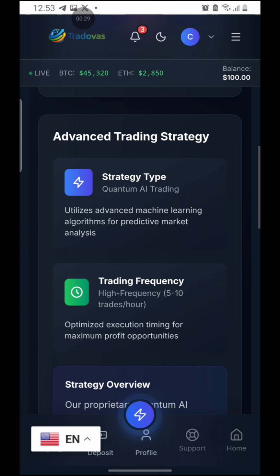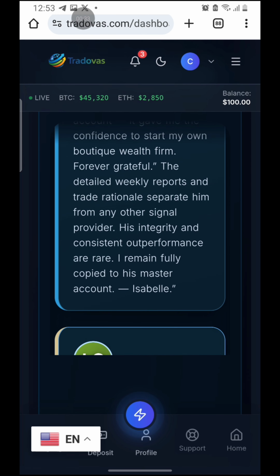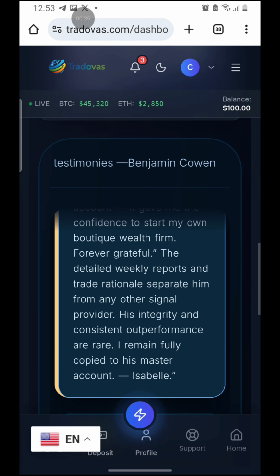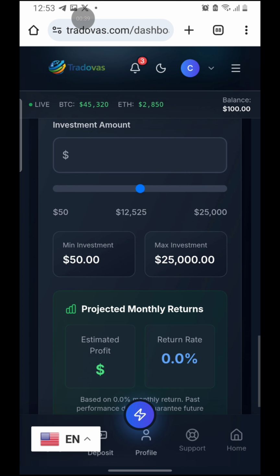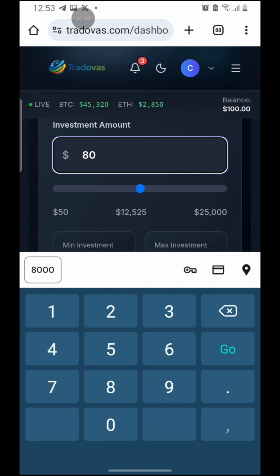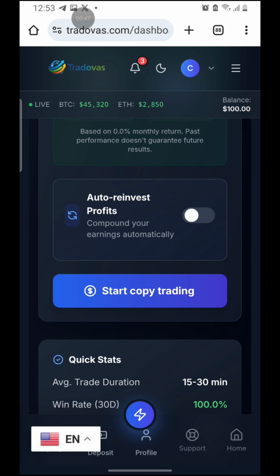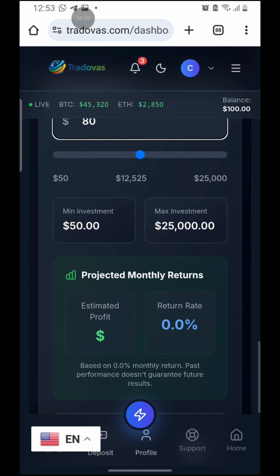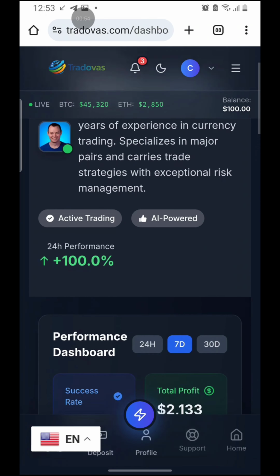Okay, so I'll scroll down. You can see testimonies about Benjamin Cowell right here. These are the testimonies, so that is not what I want to do right here. I'm going to be risking $80 right here. If you want to auto start your trade after this, Benjamin Cowell is